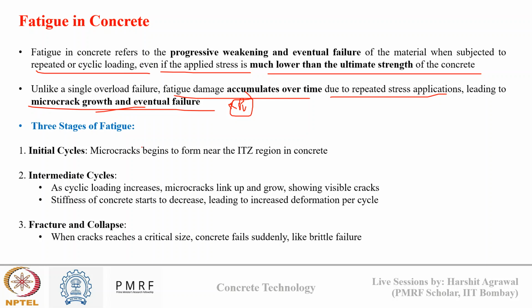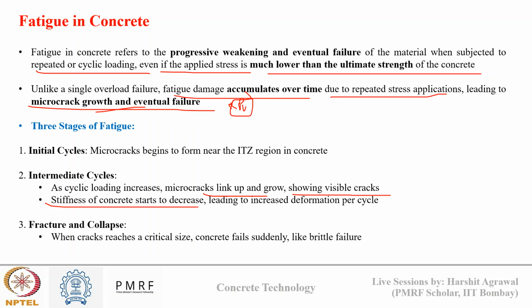Now, how does this failure of concrete happen under fatigue loading? The failure process has three stages. During the initial cycles, the microcracks begin to grow near the ITZ of concrete. Then, as cyclic loading continues during the intermediate cycles, these microcracks link up and grow, showing some visible crack signs. And also, with increasing cycles of loading, the stiffness of concrete decreases,